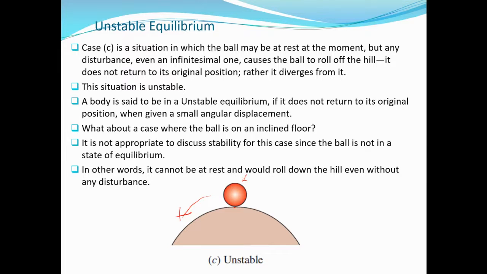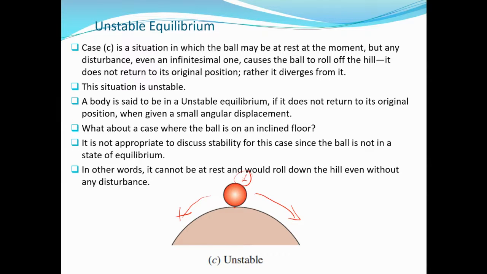This is unstable. And when it runs off the hill, we cannot predict exactly what happens. Of course, later it may still come to rest. But it does not regain its former position. It diverges from it. So this situation is unstable because when you give it small angular displacement, it becomes completely unstable. So this is unstable equilibrium. Currently, it is stable, but given the slightest angular displacement, it will become unstable. A body is said to be in unstable equilibrium if it does not return to its original position when given